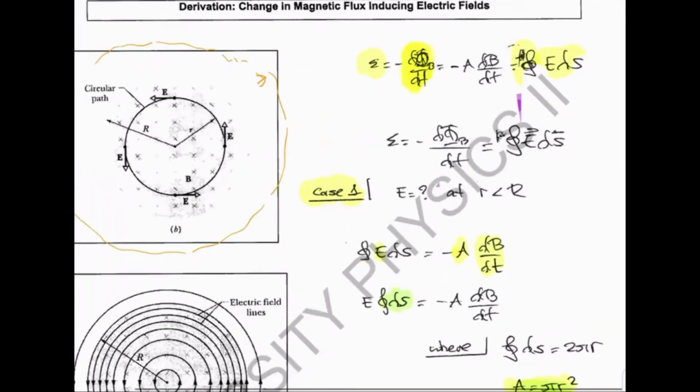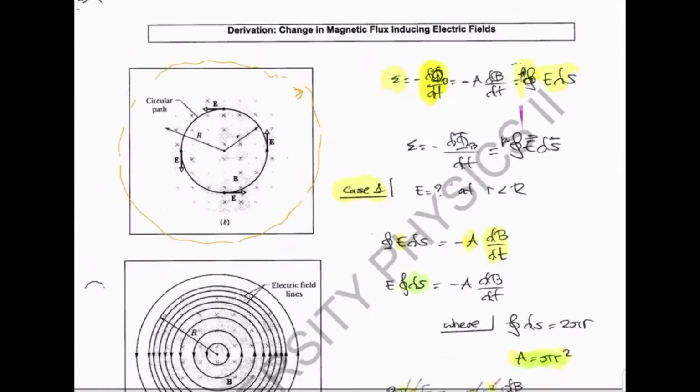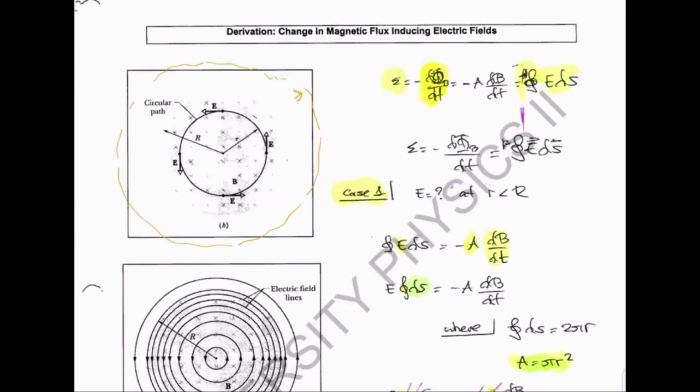All right, so if you vary the magnetic flux, it's going to cause an electromotive force. The electromotive force is going to cause a circulating electric field. Put differently, within this area, you're just simply varying the strength of the magnetic field. So within this area, you're changing the strength of the magnetic field. And then what's happening is by varying the strength of the magnetic field, you're causing a circulating electric